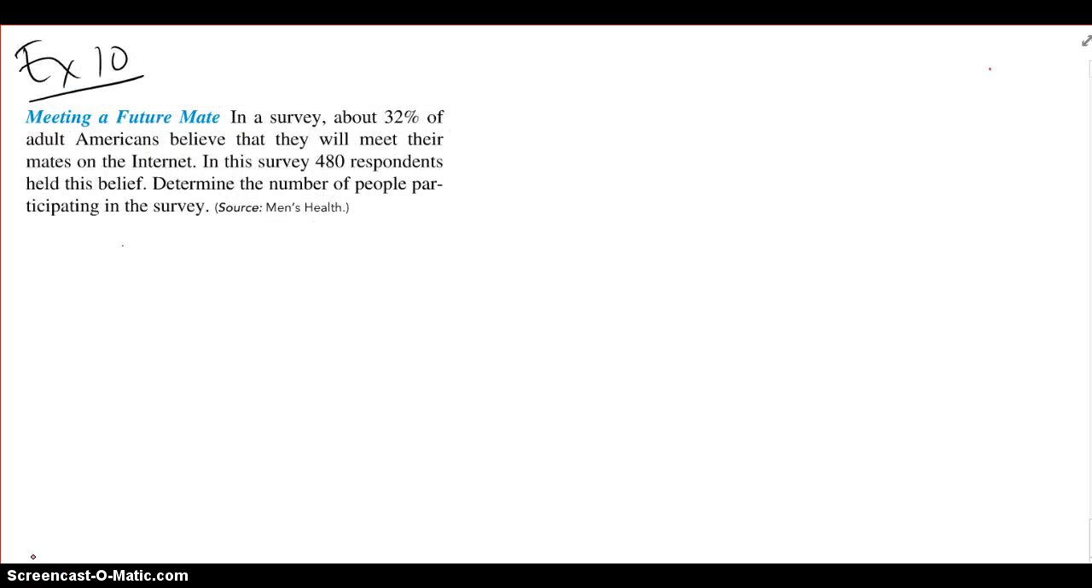Okay, last example, it says in a survey about 32% of adult Americans believe that they will meet their mates on the internet, and in this survey 480 respondents held this belief. Determine the number of people participating in the survey. So x is the number of people basically participating, so all of the people, and we do know that 480 of them